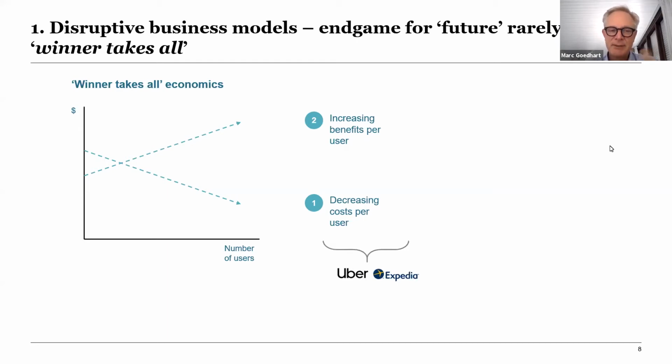And then you get a very powerful business model that enables you to charge higher prices because there's higher value for each user as you grow, and at the same time the cost to deliver that service or product to your customer decreases as the number of users grows. So this is what we see typically in business models that Uber deploys, or Expedia in ticketing and booking,